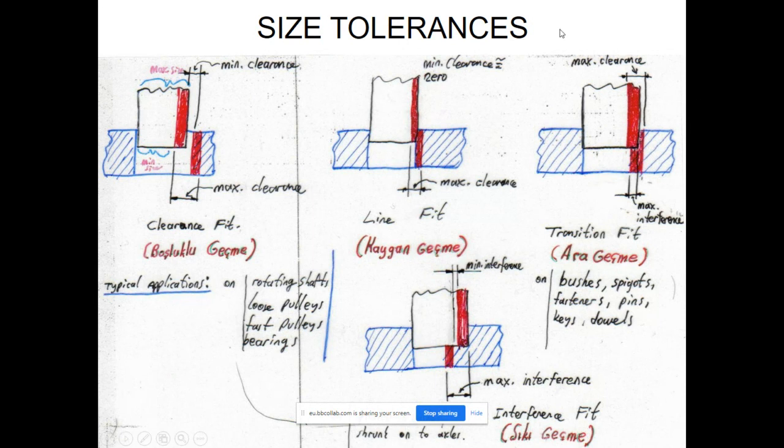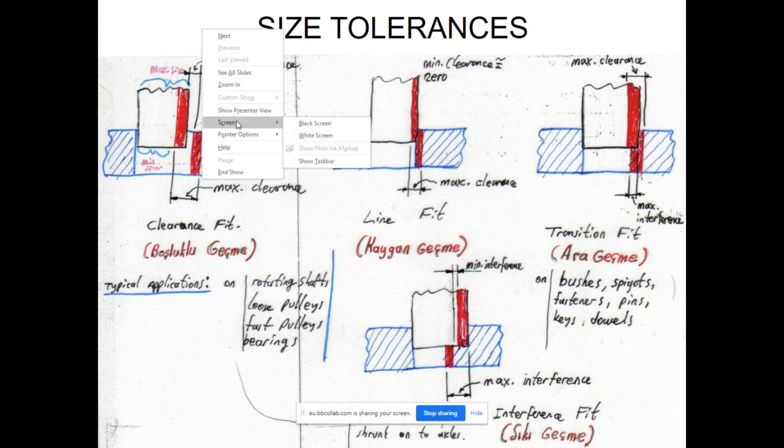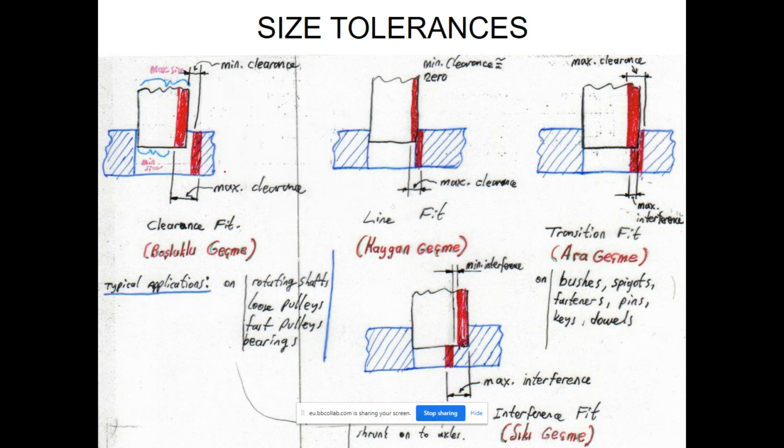This slide, under the title size tolerance, is just to inform you on the types of the fittings. If one entity is to find its place into or onto another entity, we say that there is a fitting. It is to fit. In this graphical illustration, we say that this is a masculine feature, and this masculine feature is to be fit into this empty space. This space is a feminine feature.